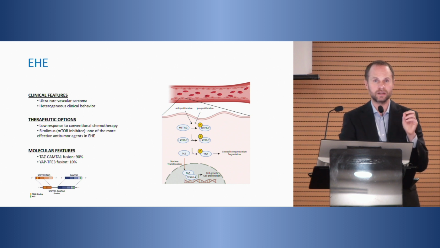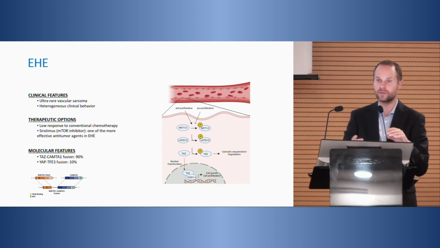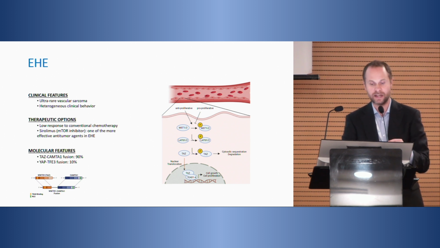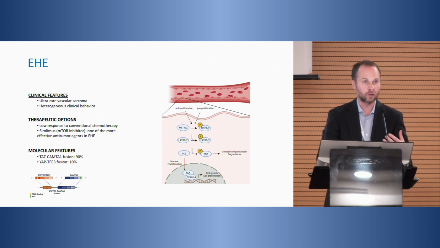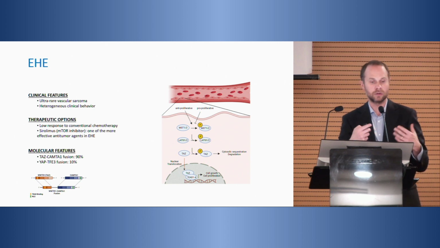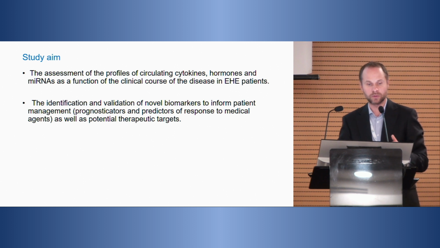Medical oncologists, particularly people from our institution, the National Cancer Institute in Milan, and also from the Marsden, spend time working on the effect of sirolimus, because it seems that it's more effective than the first-line treatment doxorubicin. They're also putting a lot of effort into going through an EMA application for repurposing. So these days, even though this disease is very rare, it is becoming popular on the research side, also because of the involvement of the patient association, which is helping a lot in the process of the repurposing.